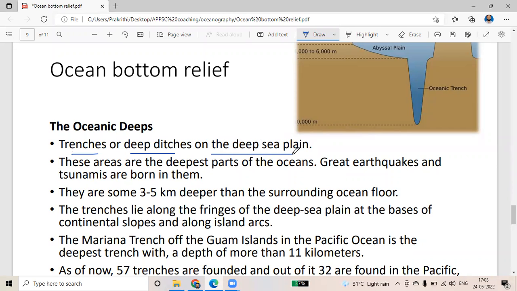This is also under the deep sea plain area में है, नहीं तो as I said it can also be visible in the continental slope region में भी इसका है, but जो trenches आएगा, mostly this occurs in the deep sea plain region में इसका presence है। These are the deepest part of the ocean। Here great earthquakes or tsunamis occur at these particular trenches or the deep seas।